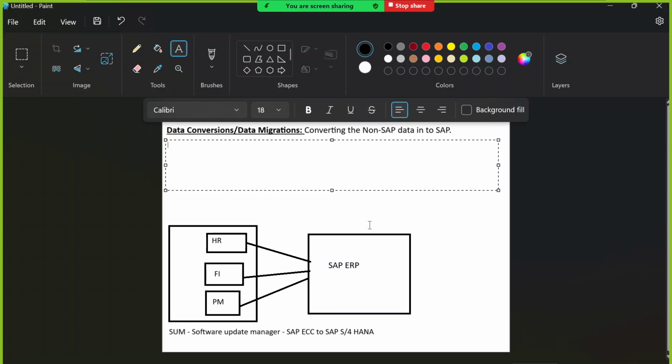After implementation of SAP, we execute these data migration programs to convert the non-SAP data into SAP, to insert this data into the relevant SAP tables, right? So we have different techniques available to convert the non-SAP data into SAP. The first one is